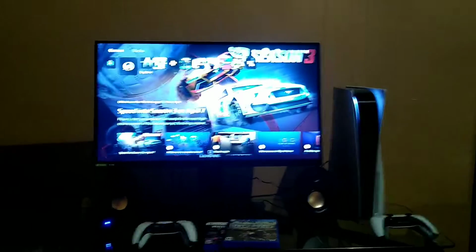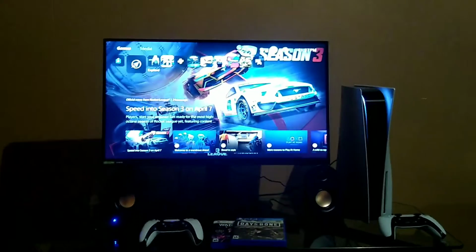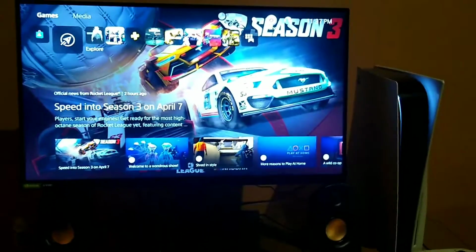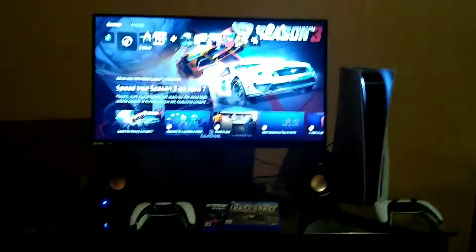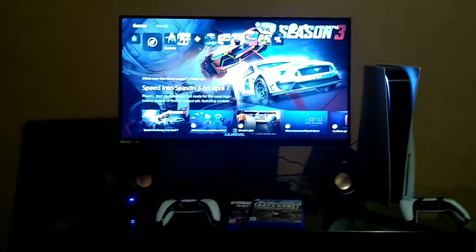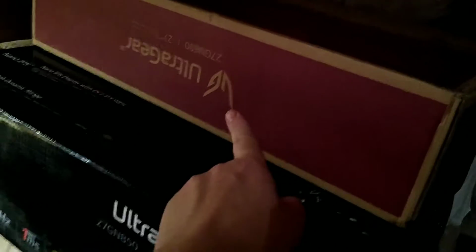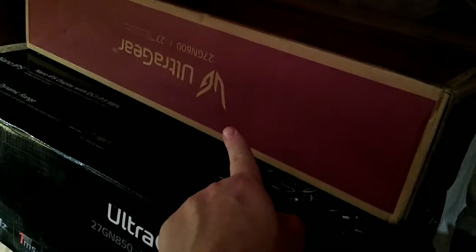But basically, what you want to be aware of, because you don't want this to happen, because it happened to me. If you may not have already noticed, this is not the same monitor that I had before. This is a 27-inch monitor, and I had the Nitro 24-inch Acer. This is the GN850 27-inch UltraGear LG monitor, 144 hertz. Very nice monitor. Both are excellent monitors. I almost kept the last monitor, but I had to exchange it for this one. You might see another monitor too. We'll get to all that. But this was the GN600 27 UltraGear, which I then exchanged for this one, the original one